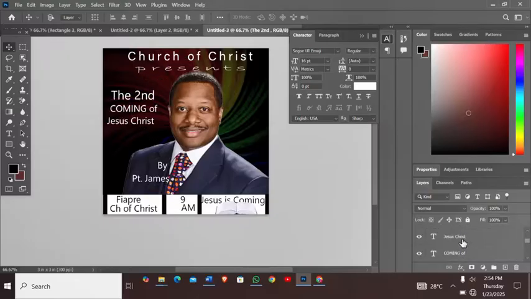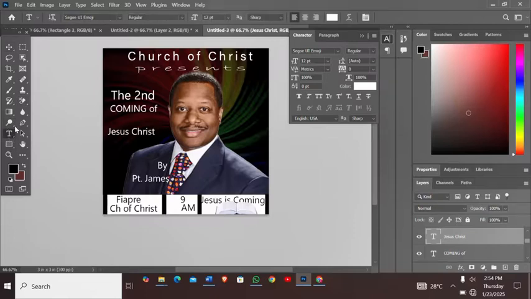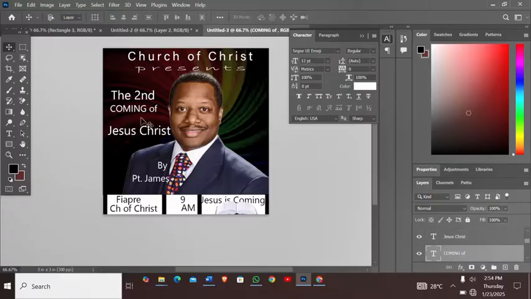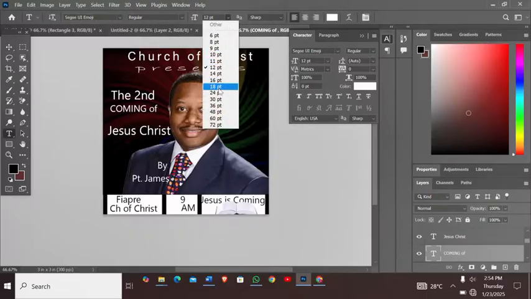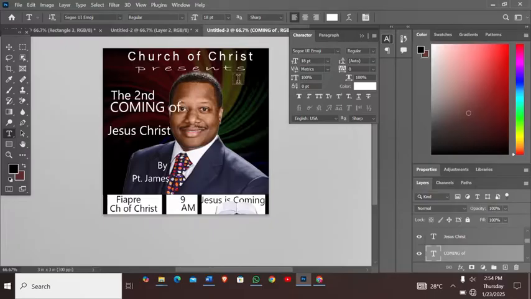The next thing is I'm going to select this layer, that's the Jesus Christ text. Let me drag it down a little and choose a font family. The font family, I'm going to maintain it as the first one. Set the font size to 16, same as the first one. Then the next one is the coming of. I'll maintain the font family, but I'm going to change the font size to somewhere about 18, and I'm going